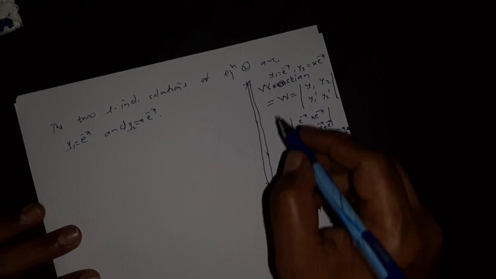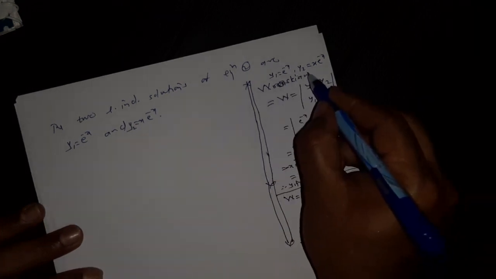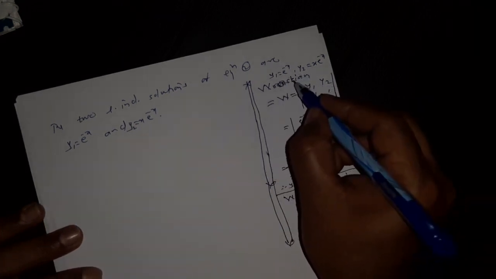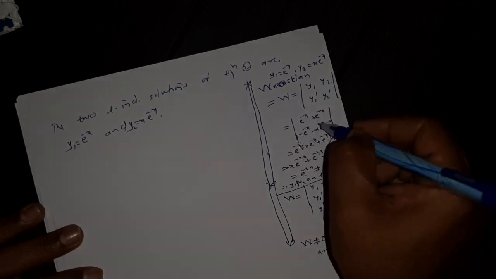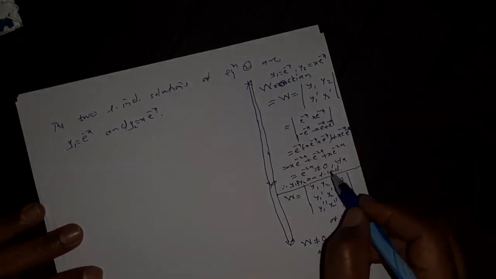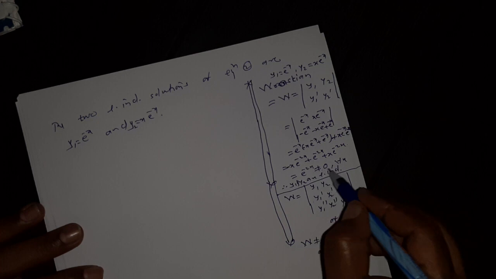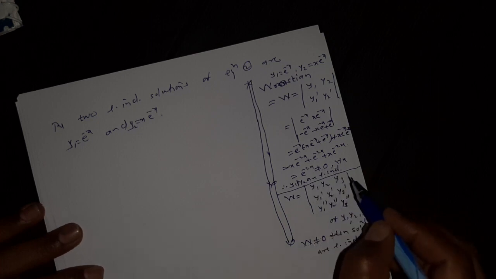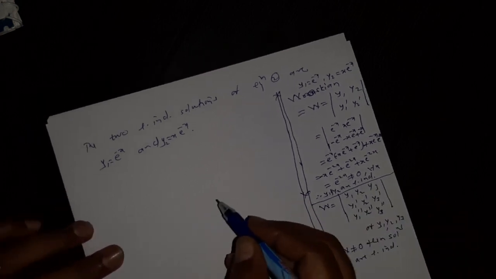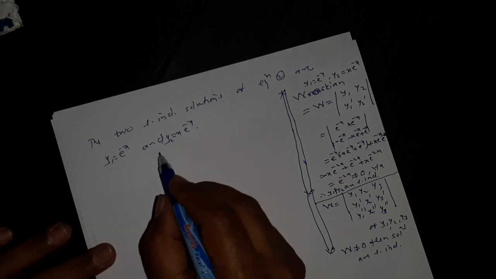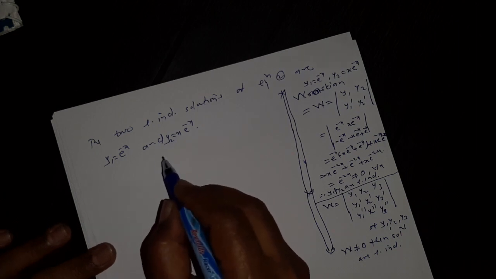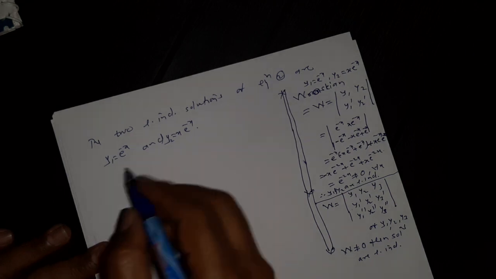So if the question is to show that y1 and y2 are linearly independent, what is the answer? Show that the Wronskian of y1 and y2 is not equal to 0, and therefore y1 and y2 are linearly independent. So these are the two linearly independent solutions. One of them is y1 and another is y2. And then next,